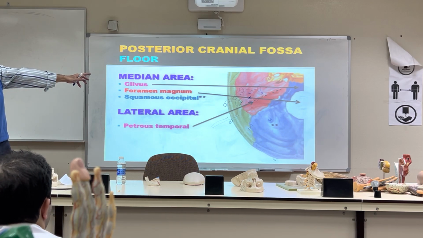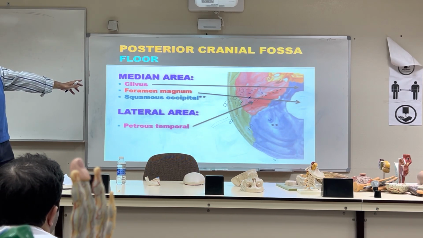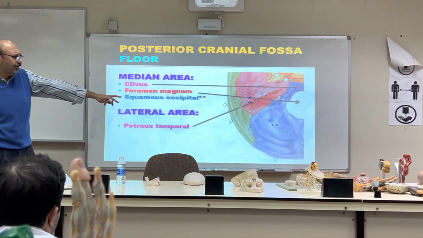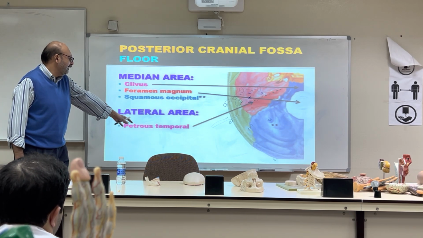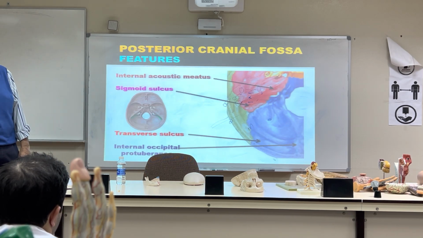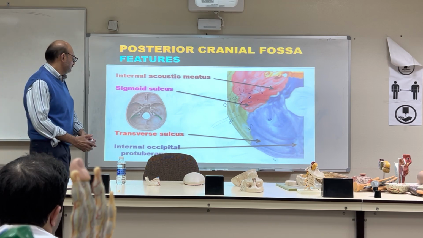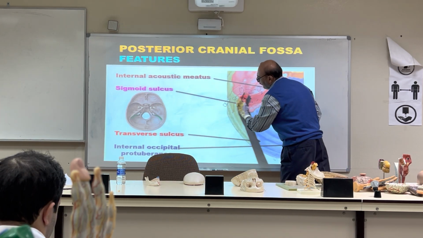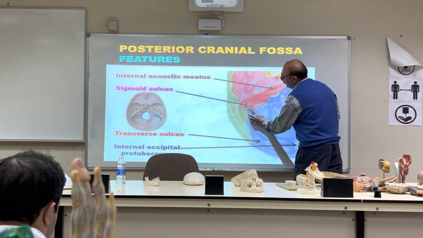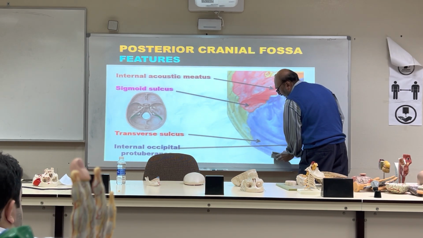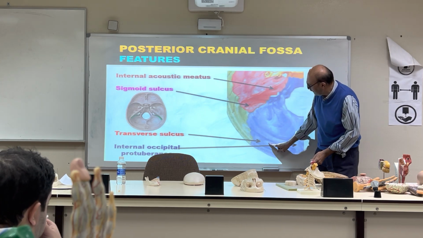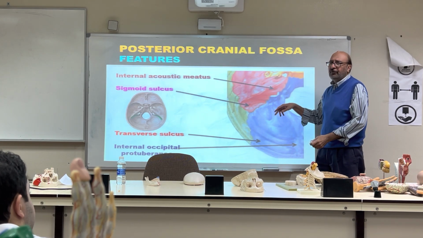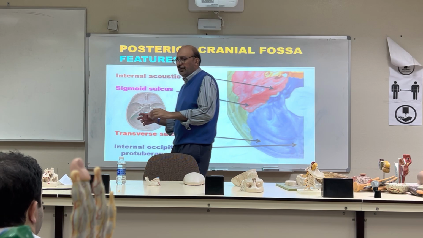Median area, of course you know now, clivus, foramen magnum, squamous occipital, the flat part of the bone with 2 stars, lateral area, petrous temporal rough. Okay, there are some impressions, not foramens. So I'm not going into details because impressions are not with you. Here is like a depression, and they are following the route or the pathway of the